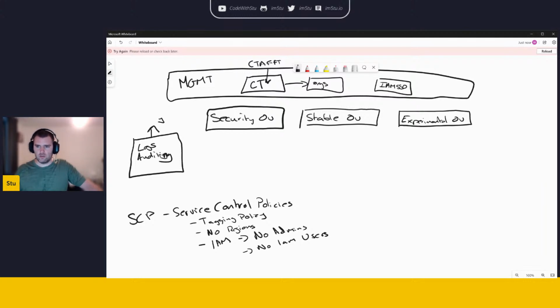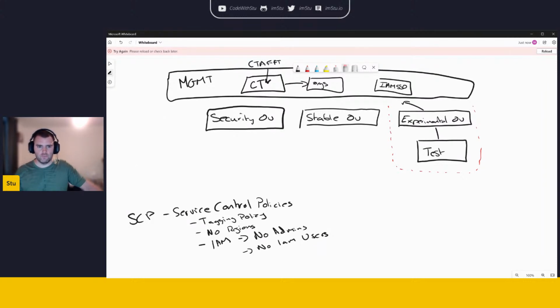And then that's where we can, this is essentially our test area for anything related to Control Tower, any service control policies. They all get tested out in this area over to the right. So if I draw the isolation boundary, that's where we're isolated, so we don't have any confusion around what's going on in that one. So we can test out our service control policies there. When we're happy with them, we can promote them to our stable